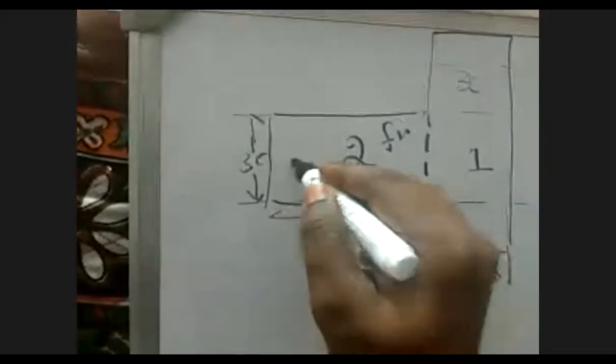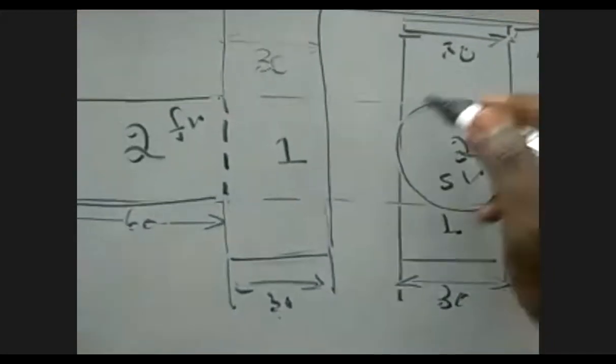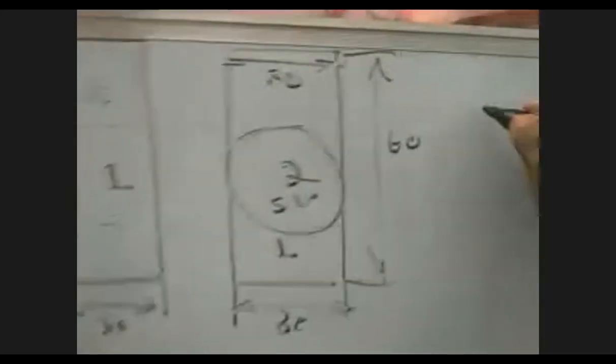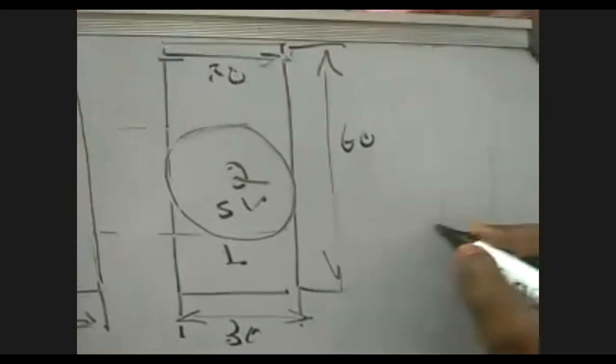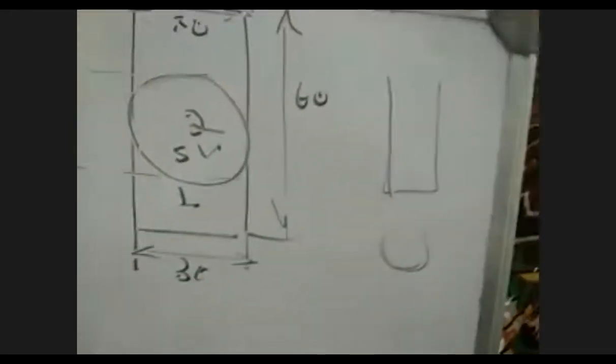But what is this? That you have to understand by looking into the side view. What are you seeing? It is a circular profile. So what is the combination of a rectangle with a circle? Cylinder. Very good. The combination of a rectangle with a circle is a cylinder, right?